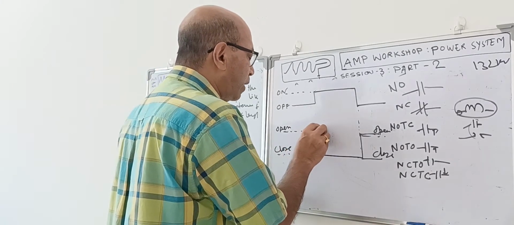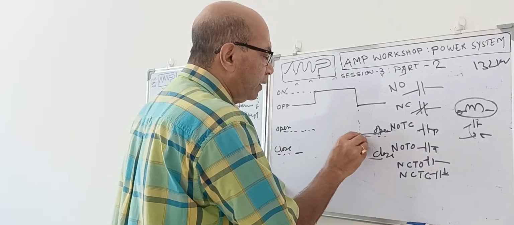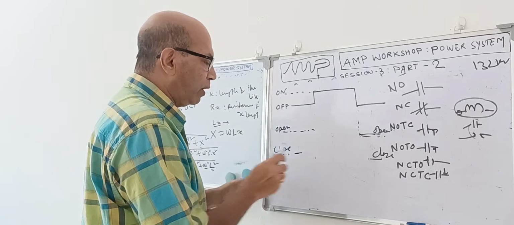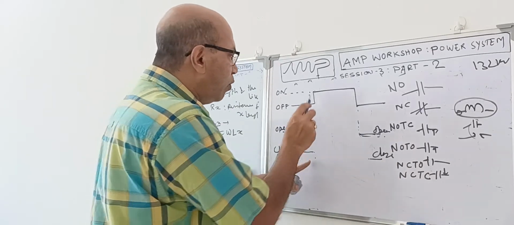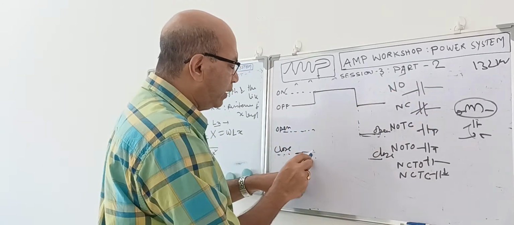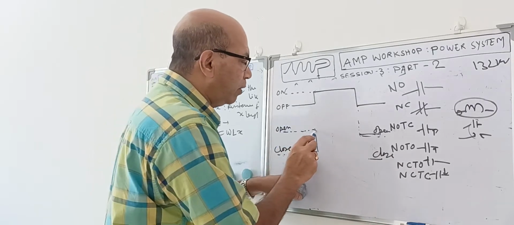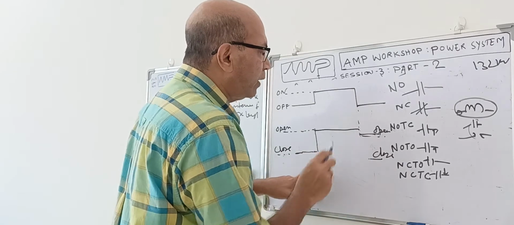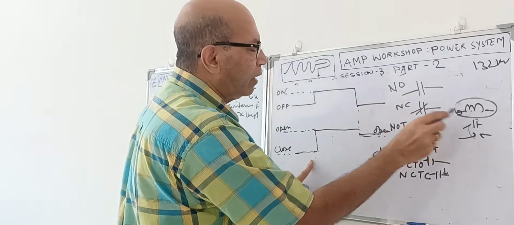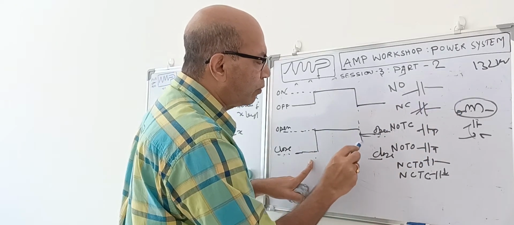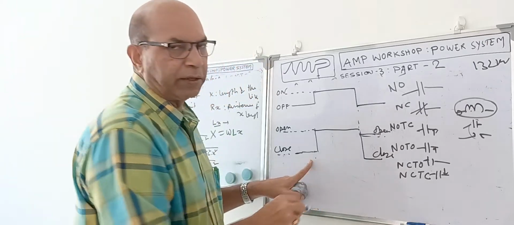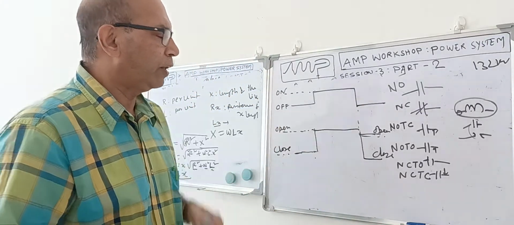Now if you go to the normally closed contact, then what will happen? This scenario will be different. In that case, the contact is initially in this position. The moment the power supply comes to the coil, immediately this closed contact will become open. It will go over here, and then it will maintain the open position up to what time? Till the power is there in the coil. The moment power goes off, it immediately drops to the closed position. So it will be just the reverse. So this is a normally closed contact.